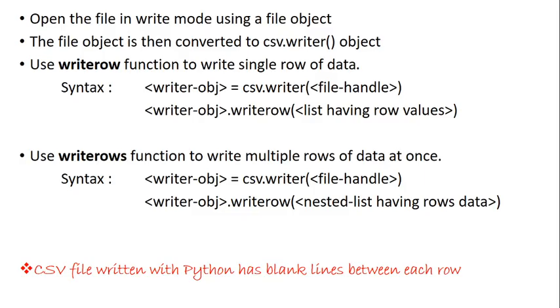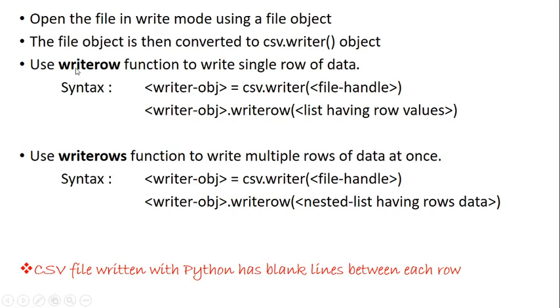The steps to create a CSV file: the very first thing is I'll import the module csv, then I am going to open the file in write mode, then the file handle is to be converted into a CSV writer, and for that I have the writer method in my csv module. Like I used to write in a text file using the function write or writelines, in the same way when I write data in my CSV file, I can use either of the two methods, writerow or writerows.